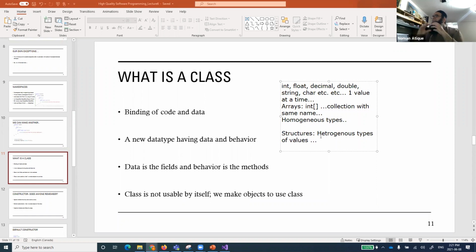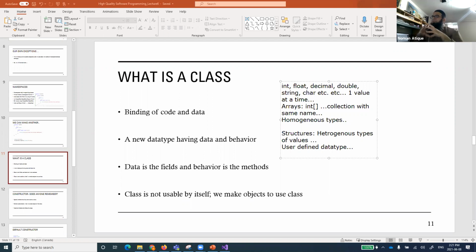So structures gave us a facility that you can collect multiple types of data together. Do you understand that? Now, not only that, structures gave another very important concept. They were considered to be the first user-defined data type.